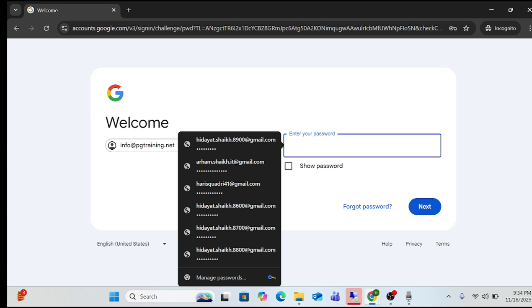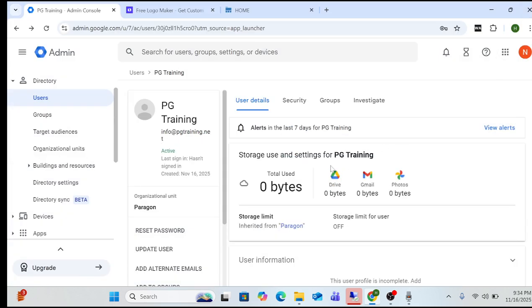So guys, that is pretty much it, and that's all for today. You can see that we have a domain and website on different hosting, and we have created a Google Workspace for email purposes, and obviously Google Docs and other services. So this is all about today's video. In this video we learned how we can connect our domain to the Workspace, how we can set the DNS records,